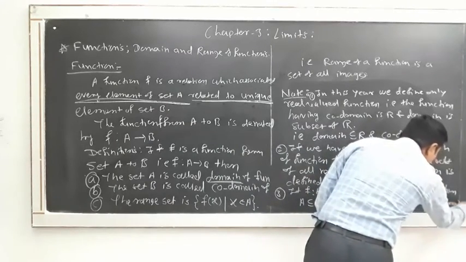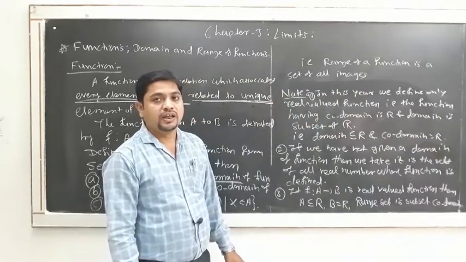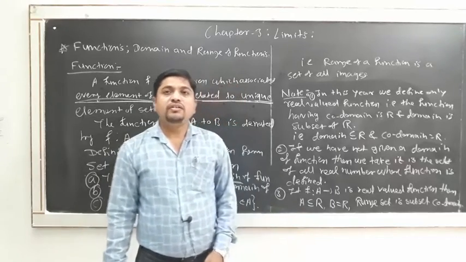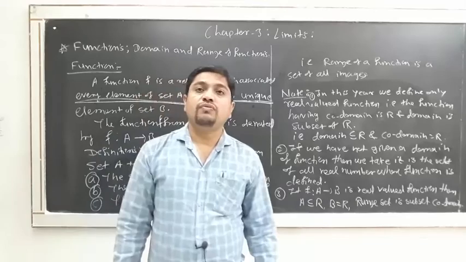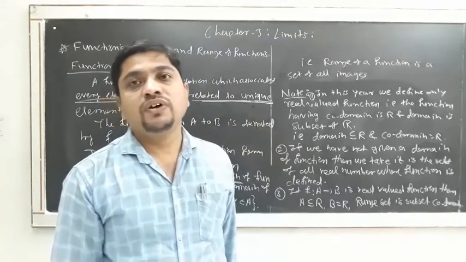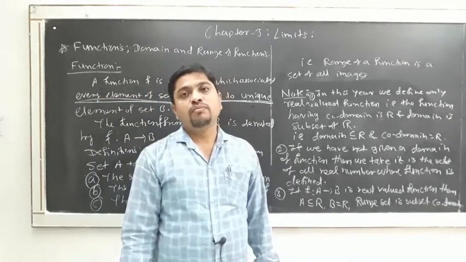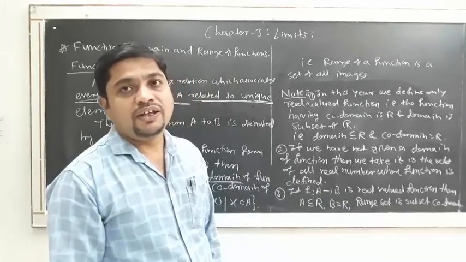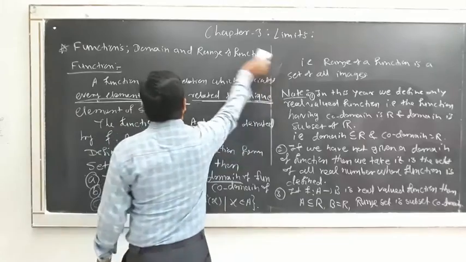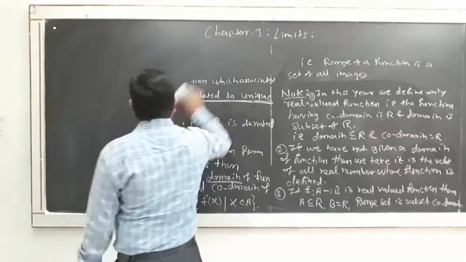It should be a subset of the codomain, or you can write it is R. So what we can say is that this range set is a subset of the codomain, and in our case it is a subset of the real numbers. Now we have to solve some problems of finding the range and domain. We have to take some problems, so we will go for the problems, and before this we need to define